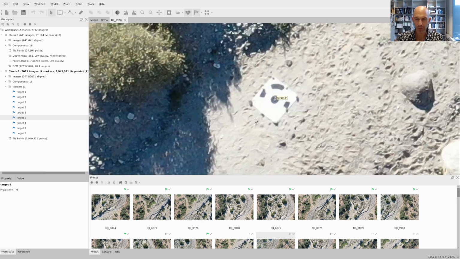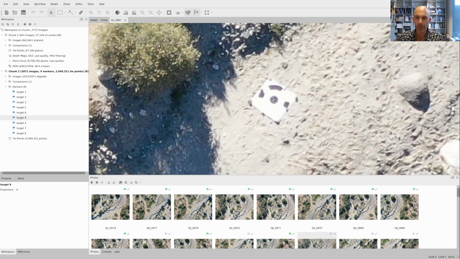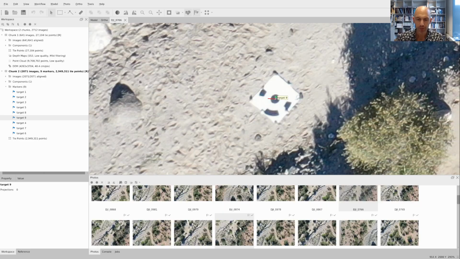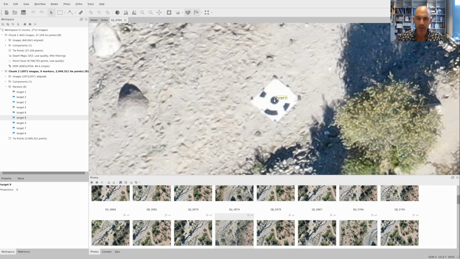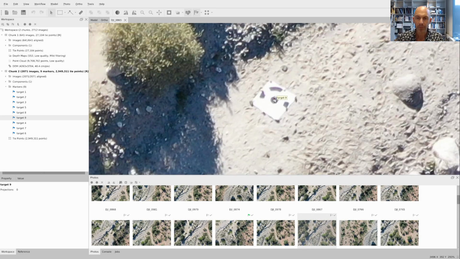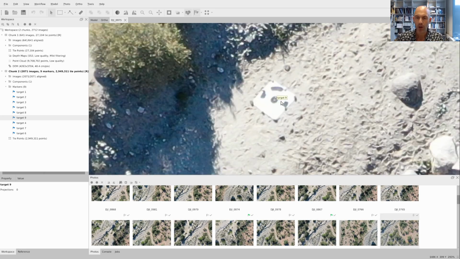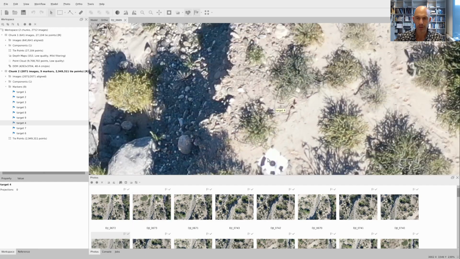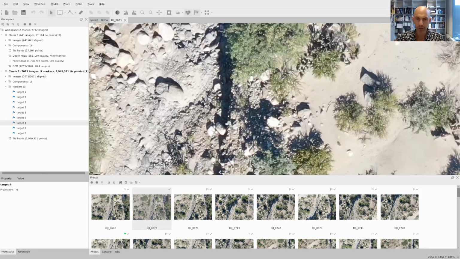You also note that I'm not clicking every single one. It is useful to have every single one, but for the purpose of demonstrating the location clicking, I'm often using only every other one. So this is another example here where the target has not been perfectly identified, but